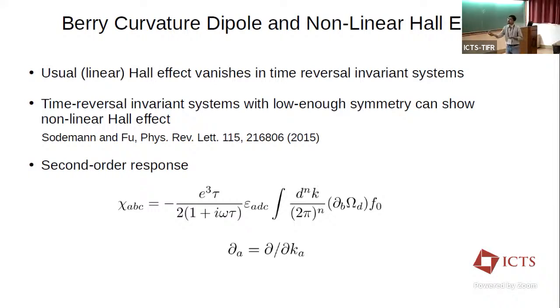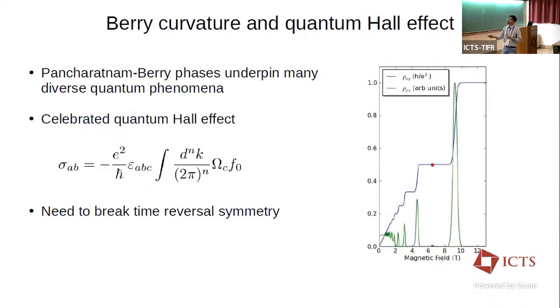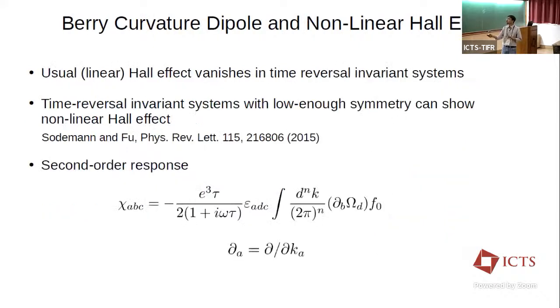So outside there are some prefactors, tau is the relaxation time, this again is the Levi-Civita tensor, and again inside this integral, you have something which looks familiar. If you look back at this slide, that was the Berry curvature times the Fermi function. Now you have the derivative of the Berry curvature times the Fermi functions. So this is the derivative with respect to the crystal momentum. Okay? So this kernel is the key to seeing the nonlinear Hall effect